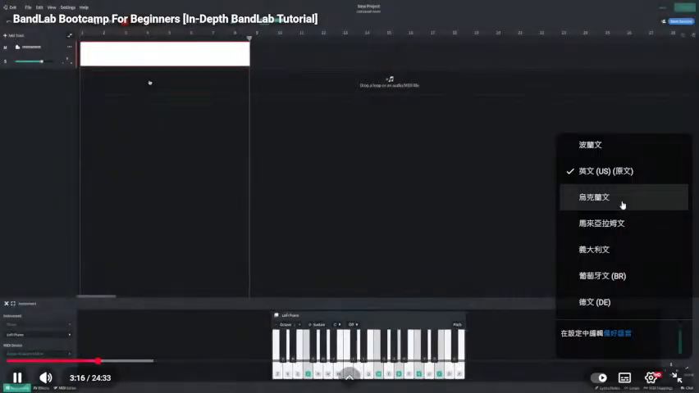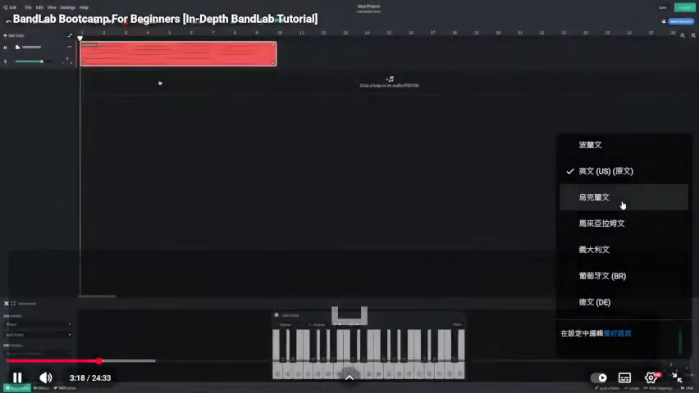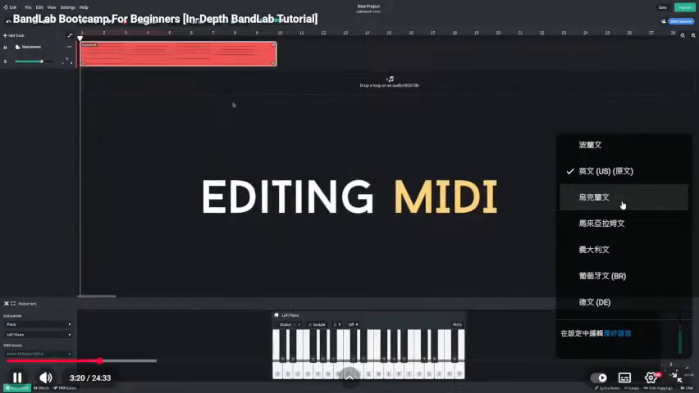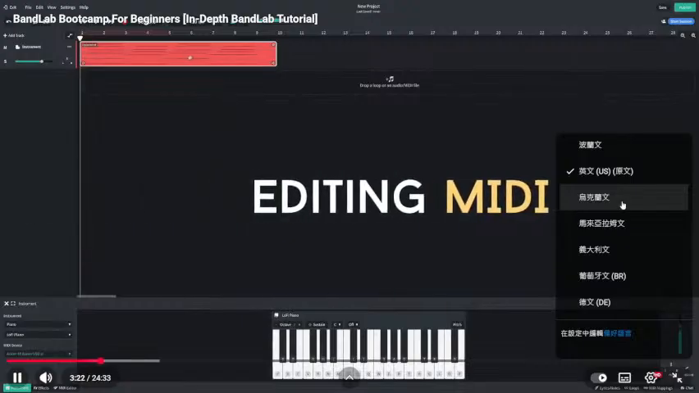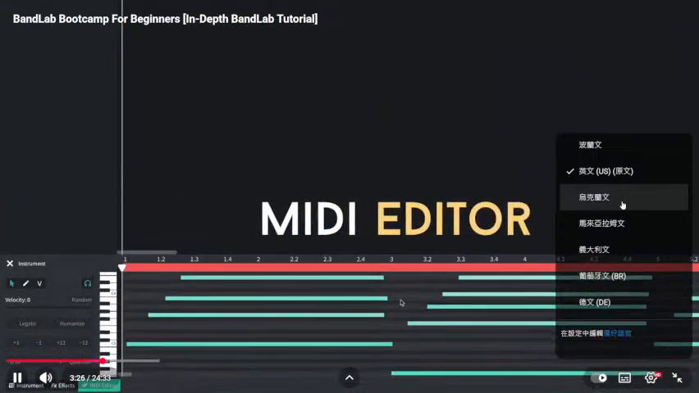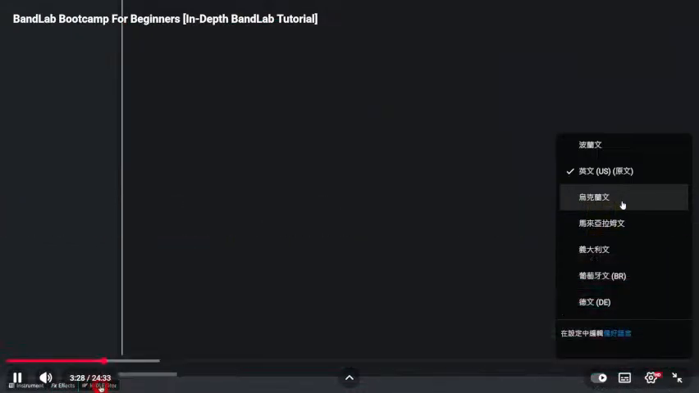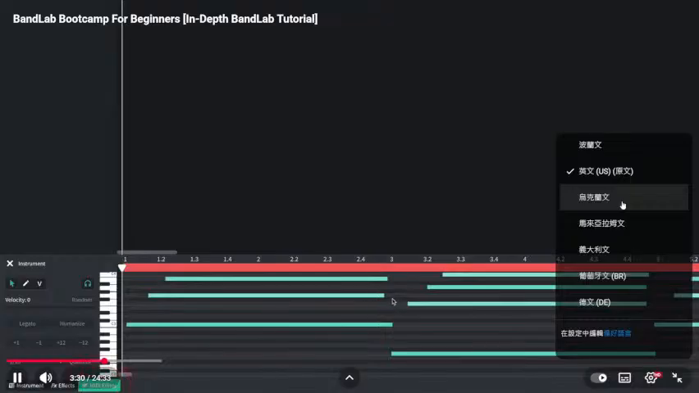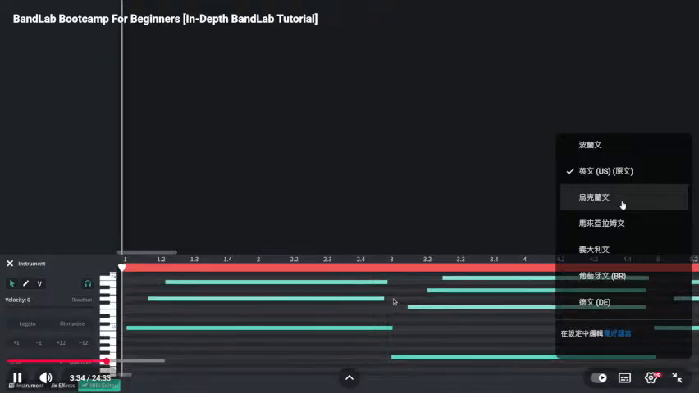Once I'm done with that recording, I simply hit spacebar to stop the recording. And now let's talk about how to edit this performance. I can double click right here and it brings up what's called the MIDI editor window. I can also click this button here to bring up or down the MIDI editor. And here inside the MIDI editor, there's a lot of really powerful tools that you can use to shape your